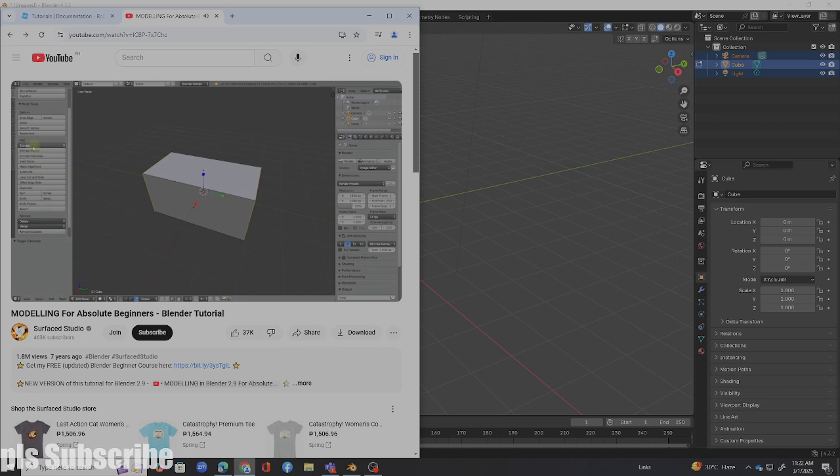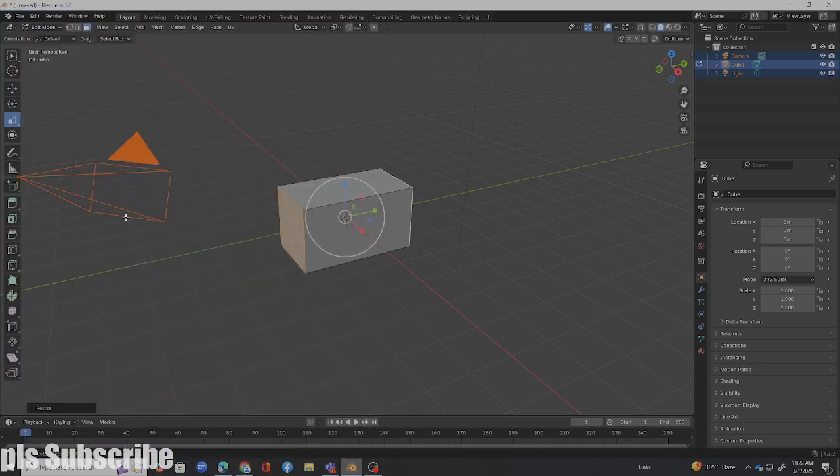One of the most powerful ones is the extrude tool, and in order to extrude, make